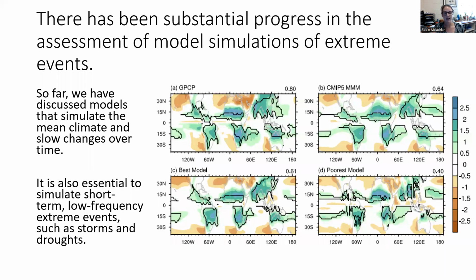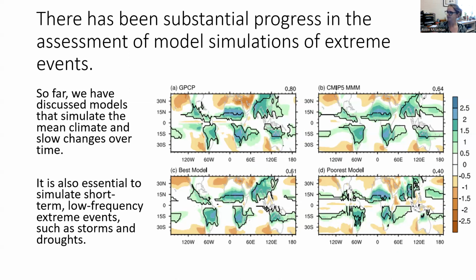So far, we've looked at our confidence in models that simulate mean climate changes over a very slow amount of time, right? Or a long period of time, right? Now, obviously, those are important, right? We need to know mean global temperature, mean global precipitation, and things like that. But that leaves out small scale events, events that happen over a very small space, a small time period. So we need to look at these low frequency extreme events like storms, droughts, and be able to model those